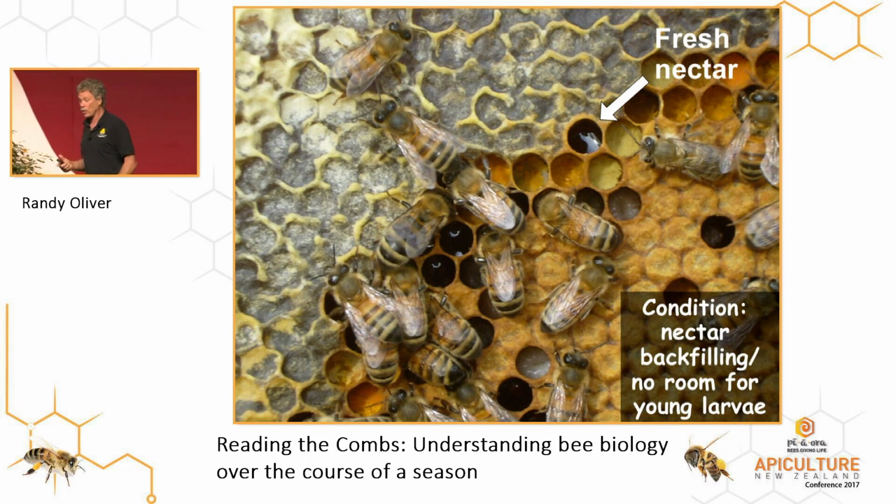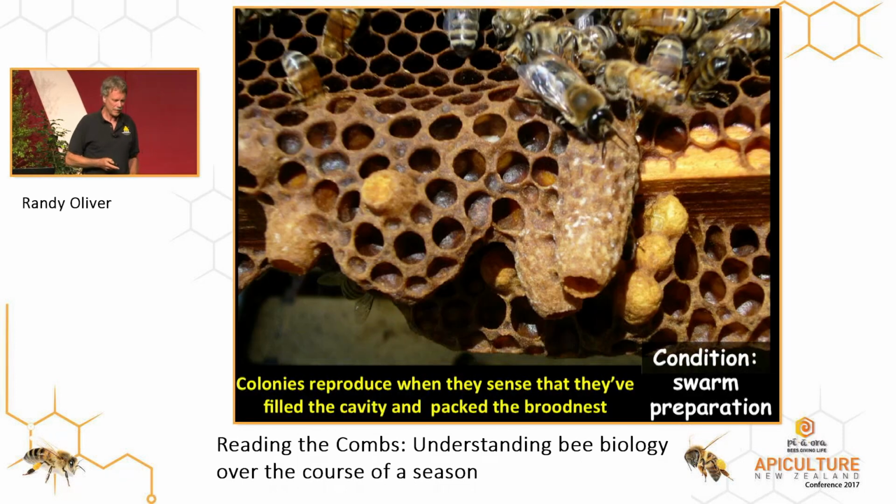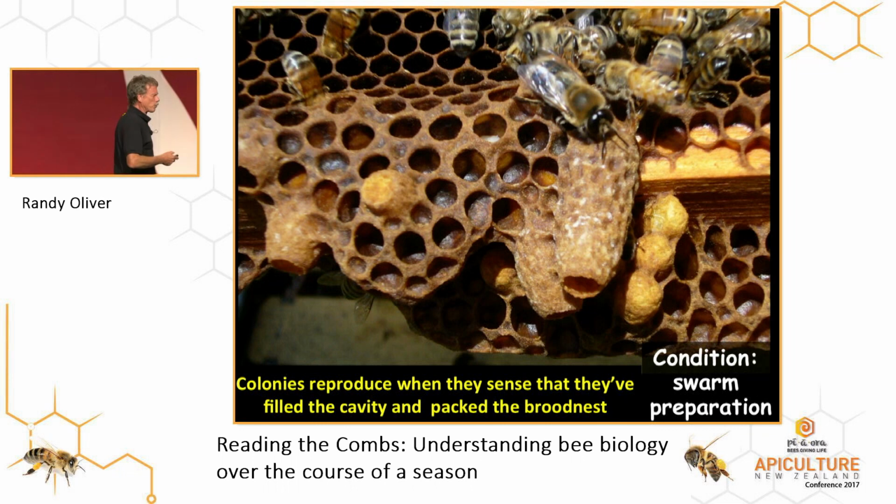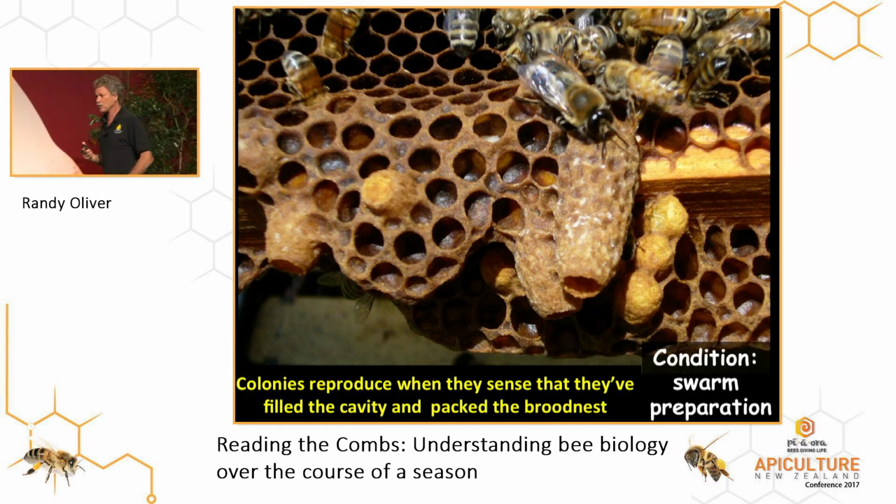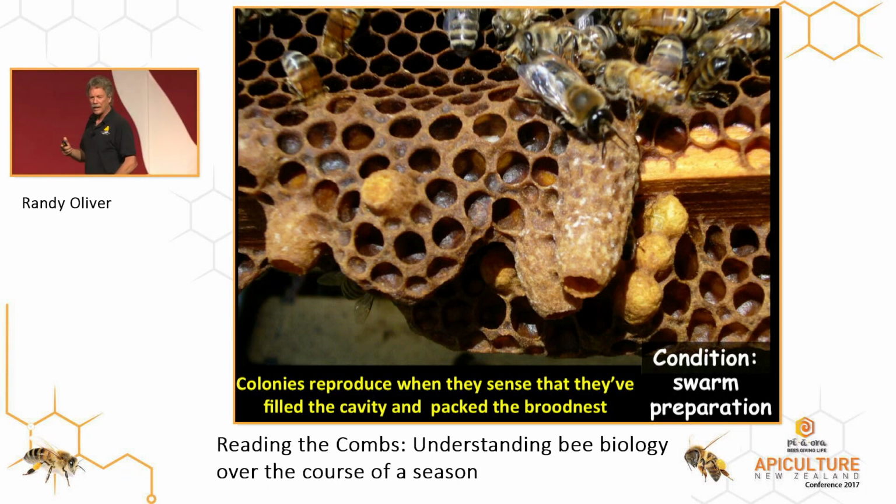And at that point, there's only one reason for a colony of bees to be alive, to exist. And that is to do what? To reproduce. And they start building queen cells. So if you're trying to do swarm control, understand what the cues are that trigger queen rearing, that tells the bees that it's time for them to swarm, and then do something to change that. Putting in more combs of sealed brood, putting in foundation.